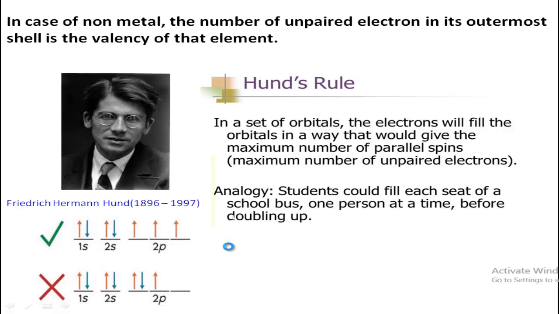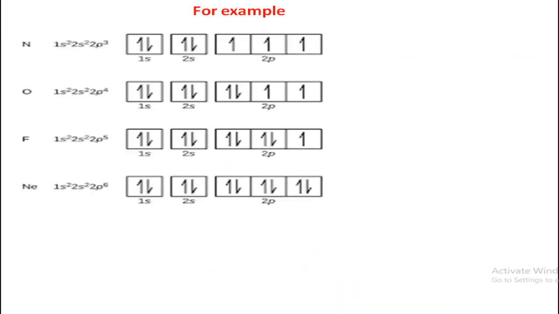Now we will follow more examples, then it will be clearer to us. Follow here. Nitrogen, you know the electron number of nitrogen is 7, so its electronic configuration will be 1s square, 2s square and 2p3. So 1s and 2s electrons enter like this, and for 2p3, as I discussed previously, the 3 electrons at first enter one way. Now in the case of oxygen, electron number 8, that means 2p4.